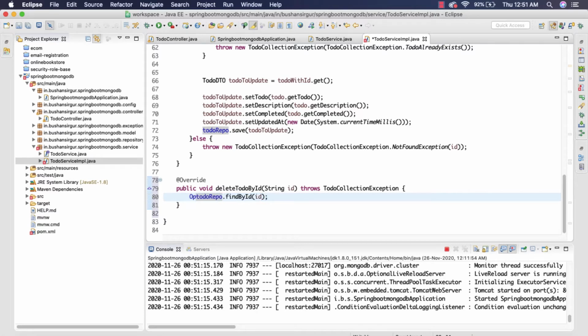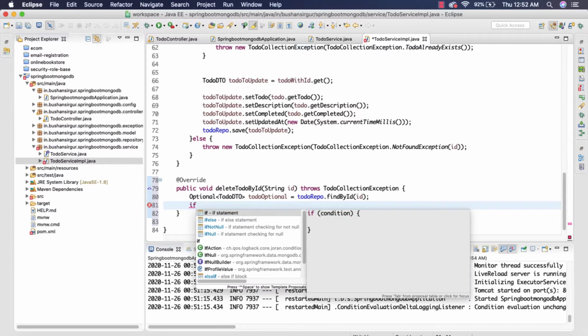This is going to return an Optional of ToDoDTO, and we're going to call this todoOptional.